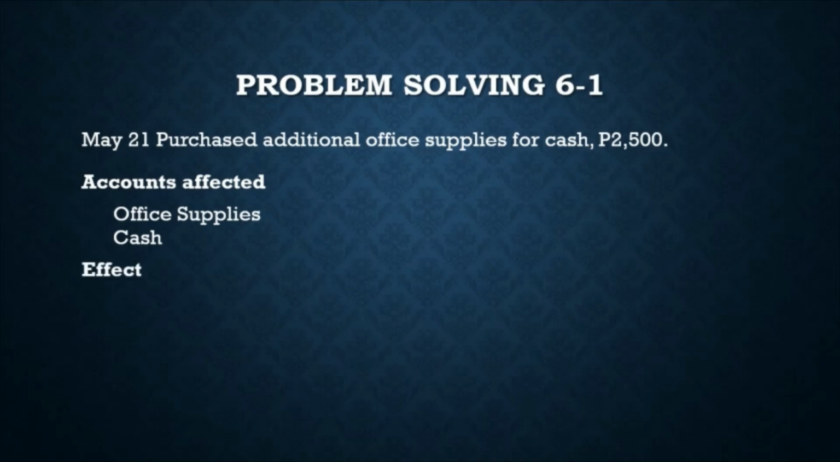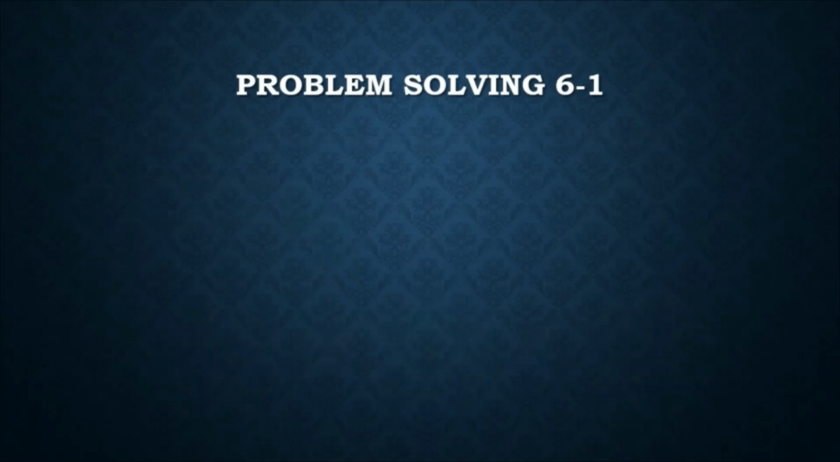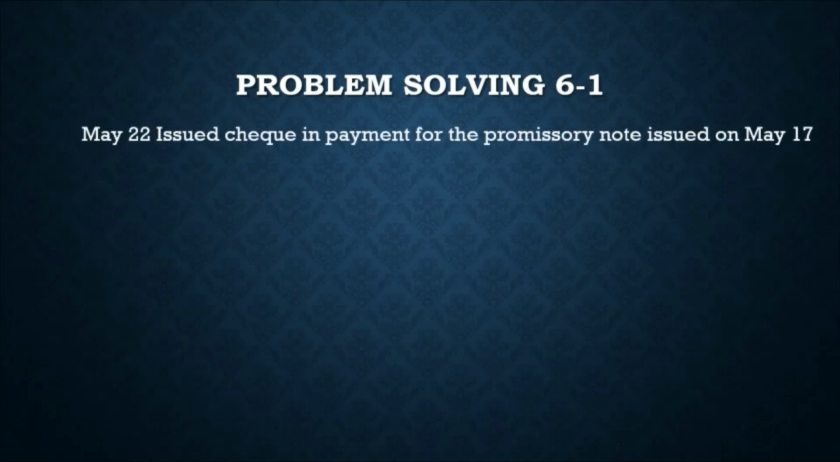So ang effect nito sa ating accounting equation ay there will be an increase in office supplies kasi nga nadagdagan yung office supplies natin since bumili tayo and decrease in cash kasi nga pinambayad natin is cash para dun sa office supplies. So next transaction naman is on May 22, issued check in payment for the promissory note issued on